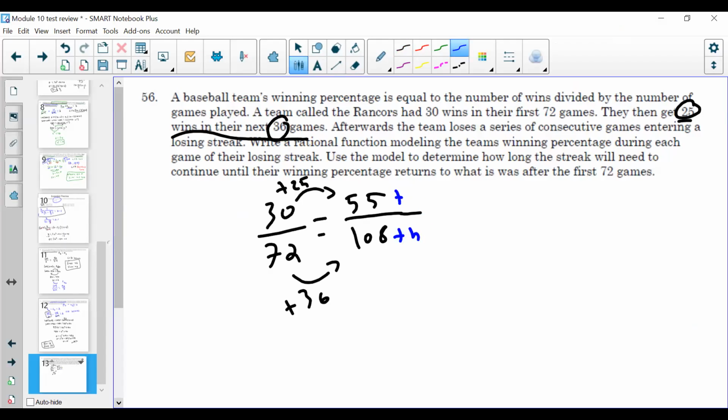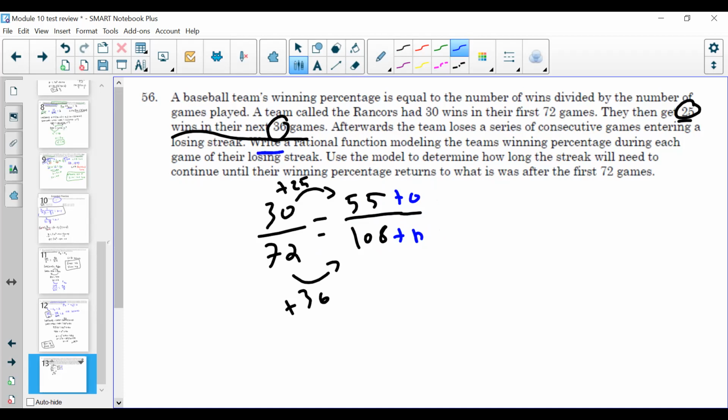So I added 0 wins, but I added an N amount of games. I don't know how many games they played or how many games they lost in a row. So this is what I'm going to say: 55 plus 0 wins, all over 108 plus N. How did I know to put an equal sign? That's because I'm told